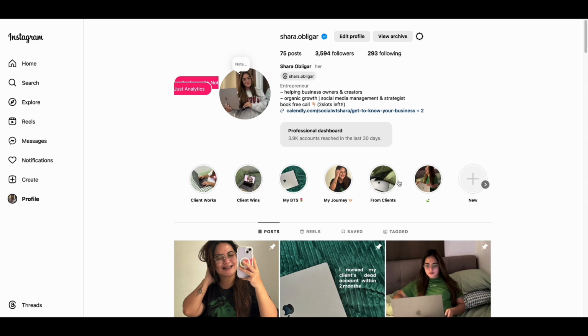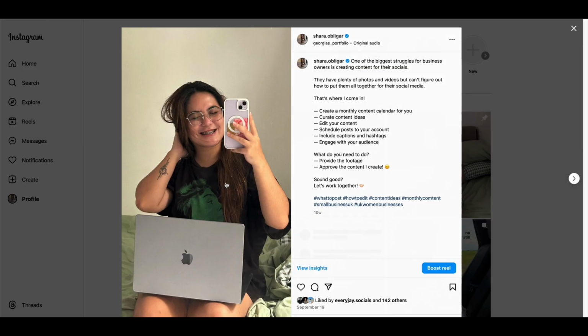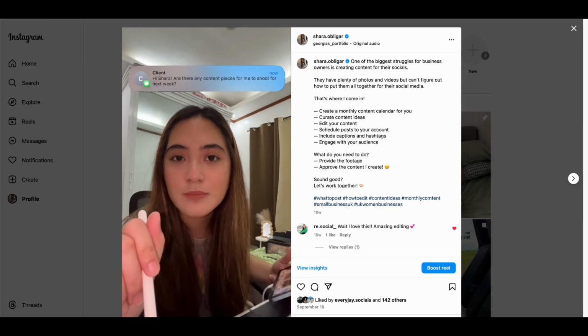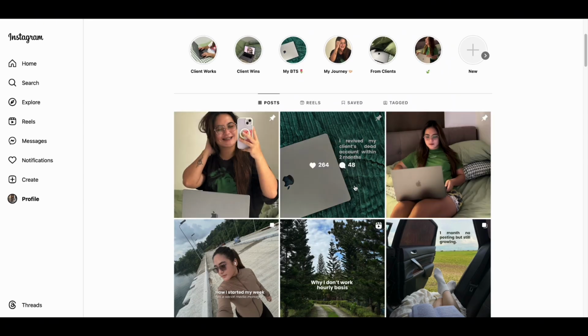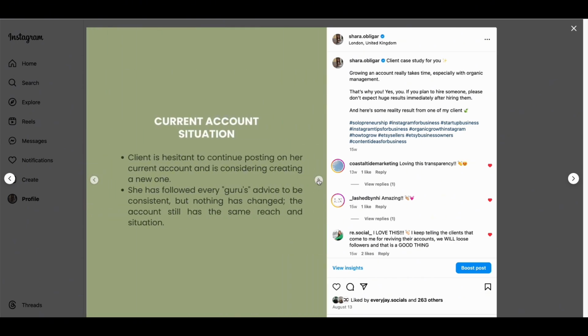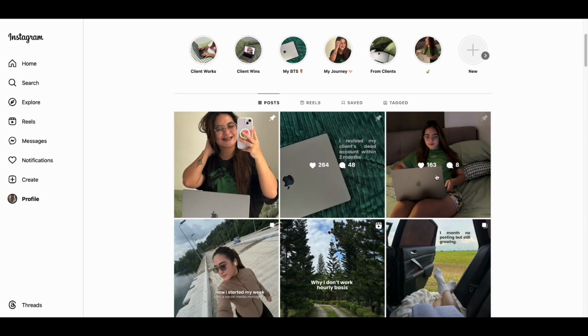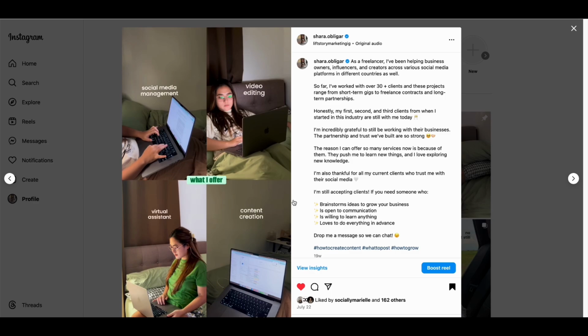And it is a bonus kapag may mga ganitong pin post ka na makikita nila what offerings or how you are as a social media manager, and the case study of your previous client if you have, but you don't have to worry naman if you don't have case study. You can also represent other journey or other behind the scene that you can post in social media. It's just that mas maganda kapag may case study ka talaga kasi syempre proven and tested na yan. And of course, what you are offering.